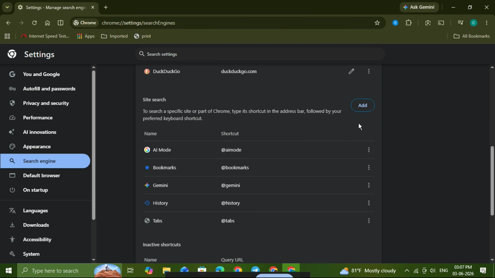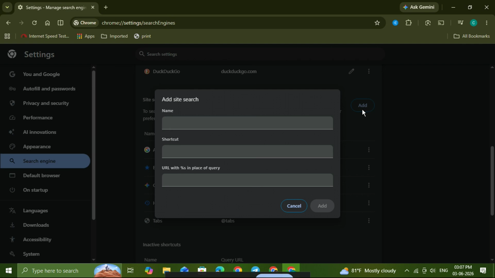Next, click the Add button. A small window will appear asking for three details. In the Search Engine field, type Google. In the Shortcut field, you can type google.com, or another easy shortcut you'll remember. Then in the URL with %s in place of query field, enter this exact address,